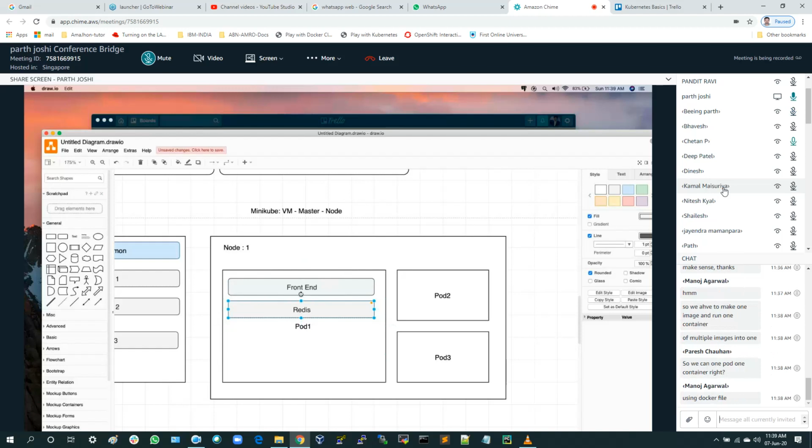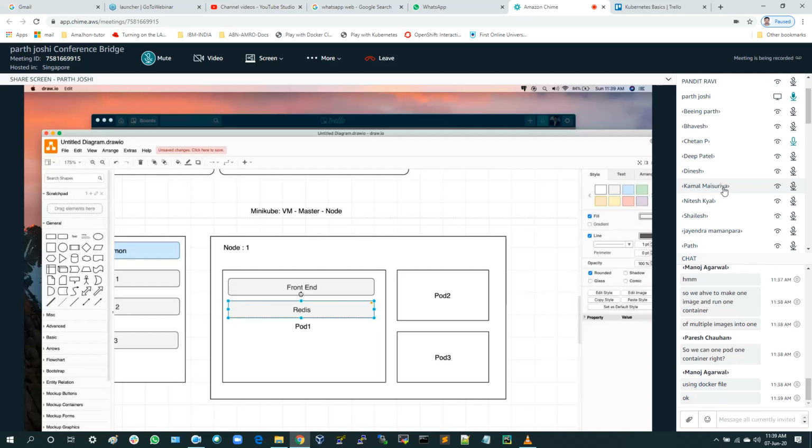Still there are questions. Manoj is asking, so we have to make one image and run on one container of multiple images to one. I'm not sure, Manoj, what you mean by that, but I'll come to that question in a bit. Paresh is saying, so we can